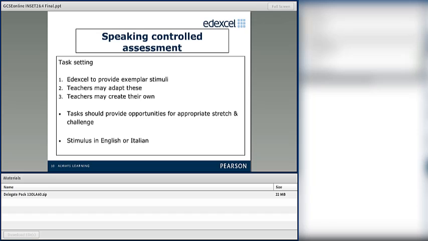However, you can send it off to the Ask the Experts facility to double check if everything is okay. Again, we'll have a slide later on with that. The tasks have to be refreshed every 2 years, that means you have to change some of the bullet points, and the Edexcel ones are also refreshed, they're produced every 2 years. That's for both speaking and writing.